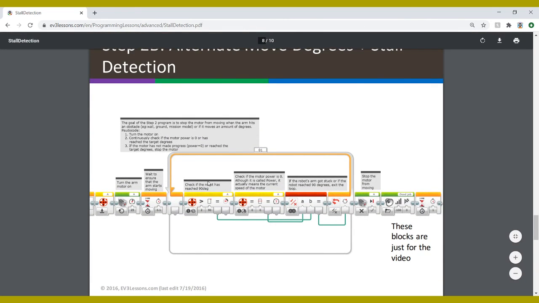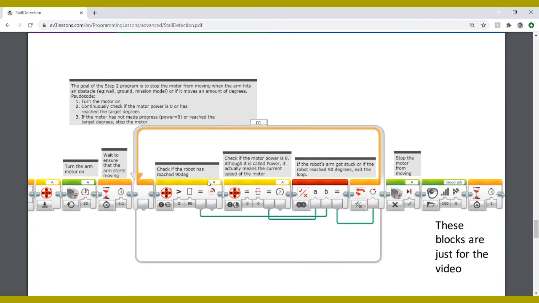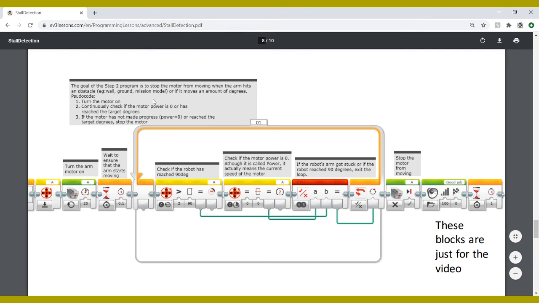So now we have step B, and the goal of the step 2 program is to stop the motor from moving when the arm hits an obstacle or if it has moved a certain amount of degrees. And here's the pseudocode. Turn the motor on as always. Continuously check if the motor power is 0 or has reached the target degrees. And if the motor has not made progress, which is power equals 0, or reached the target degree, stop the